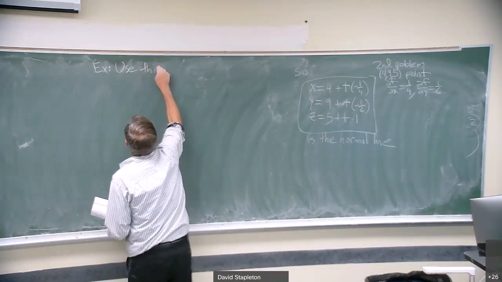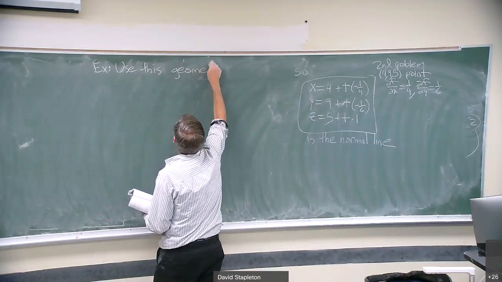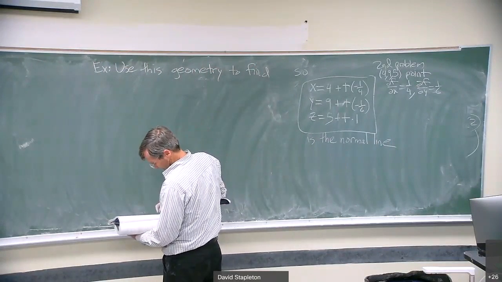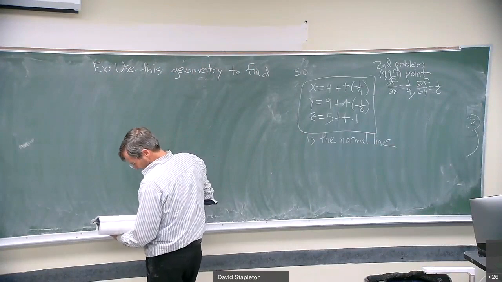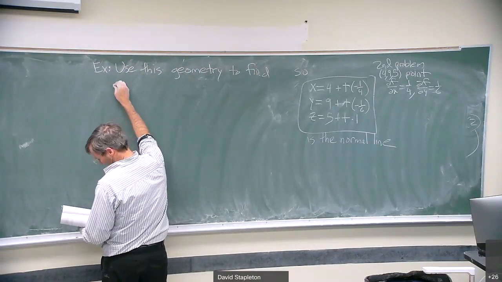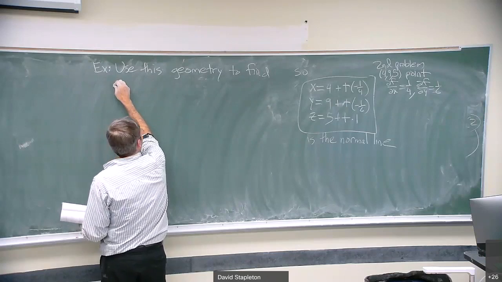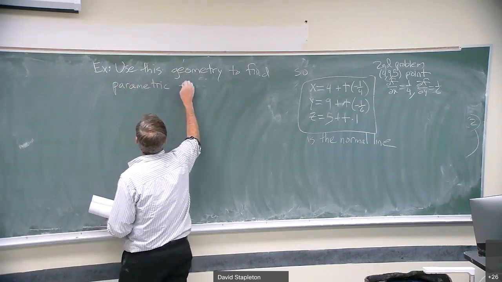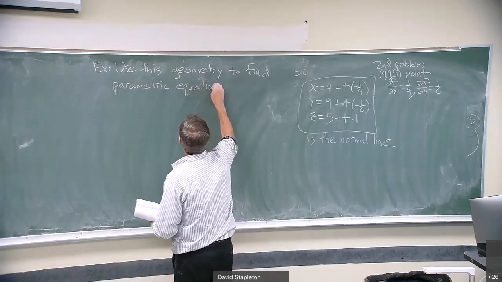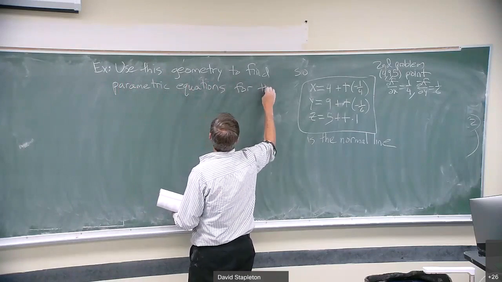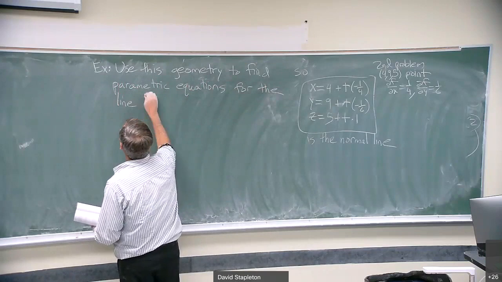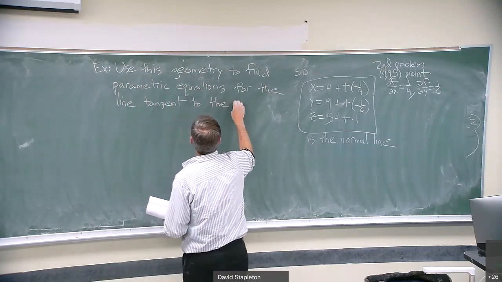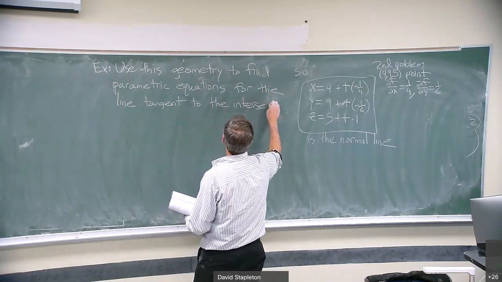Use this geometry to find, let's see how to put it here, parametric equations. I was going to do a separate one here, but I'm going to do your homework problem. To find parametric equations for the line tangent to the intersection of two surfaces